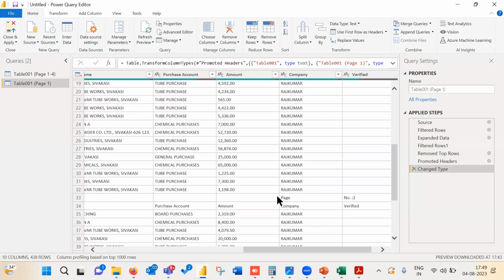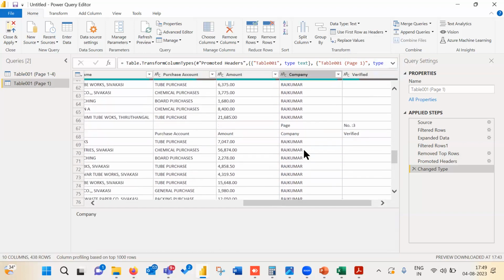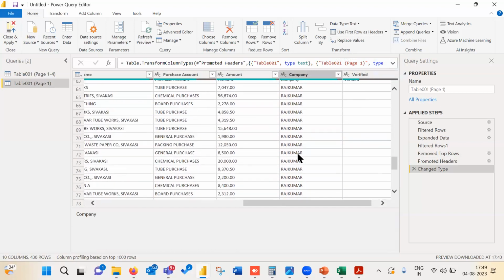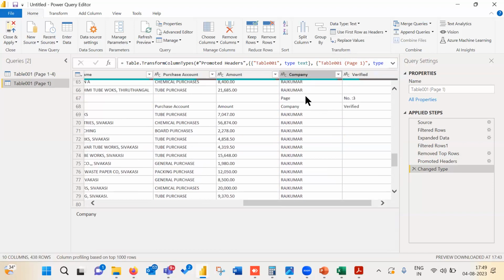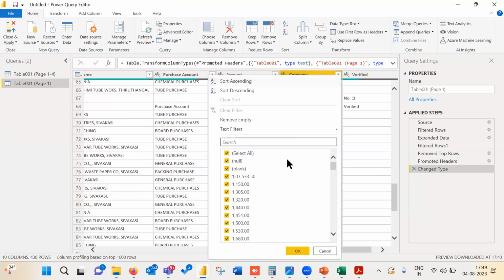Now what happened? There are blank columns in between as page and company. Mostly it is repeating the same header only, page, company, page, company. This column seems easier to filter. Here it means blank and amount, but since data is there, you will know surely in the page row nothing is there. In the company row also, it's only the header row. So I just put a filter on all data other than page and company.